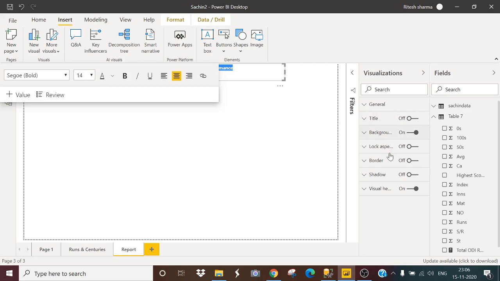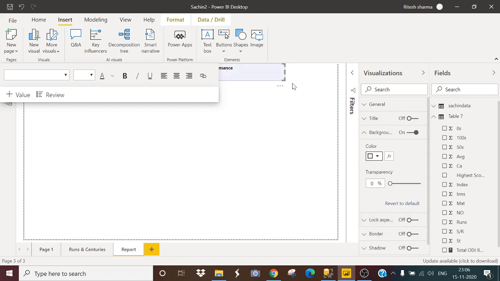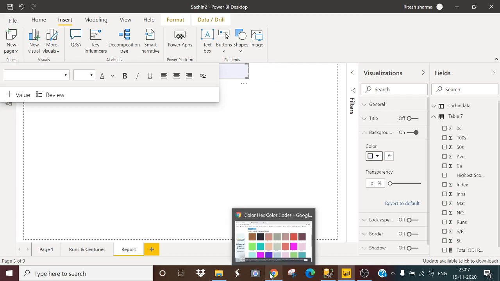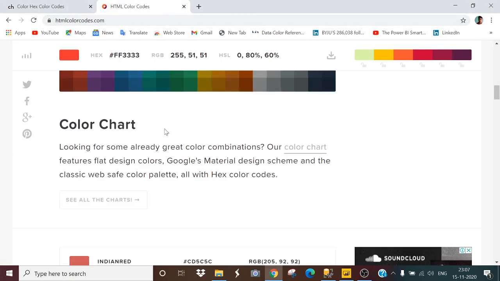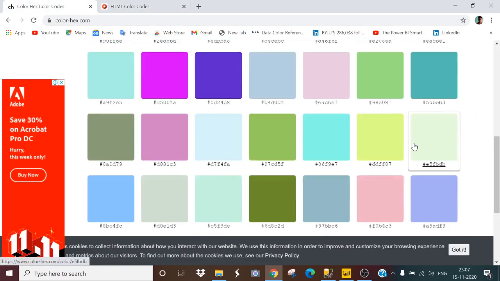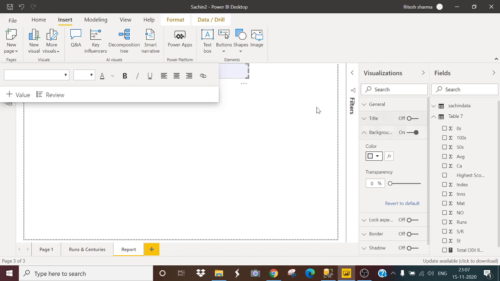For the background I will select this color. For colors, I use websites like colorhacks.com and HTML color code, so you can copy these color codes without the hashtag and paste them in the background or font color wherever you want to use them.